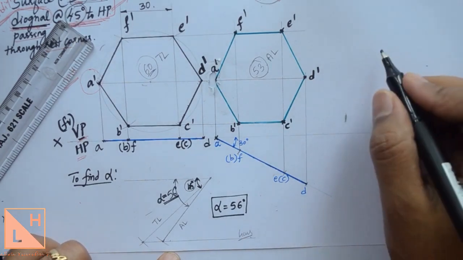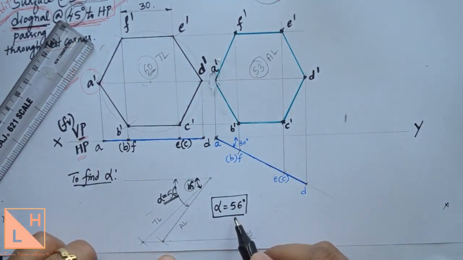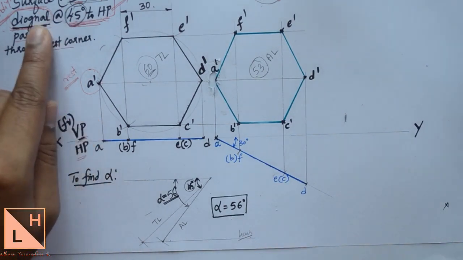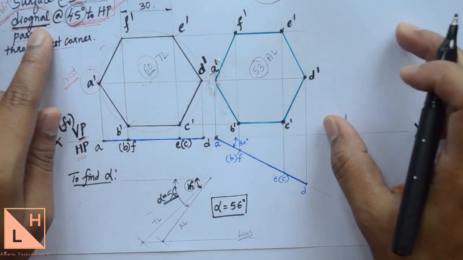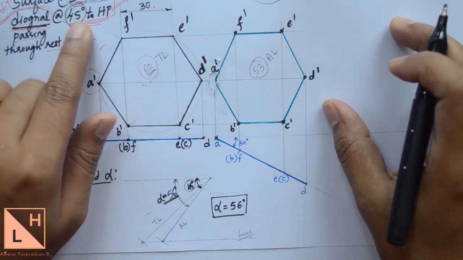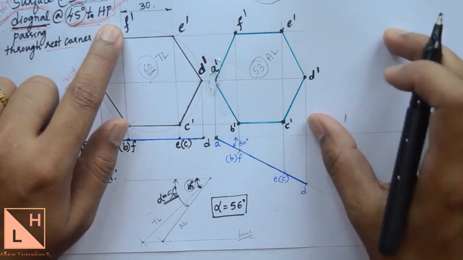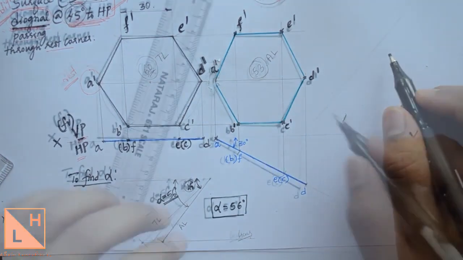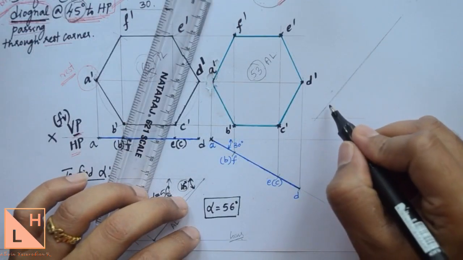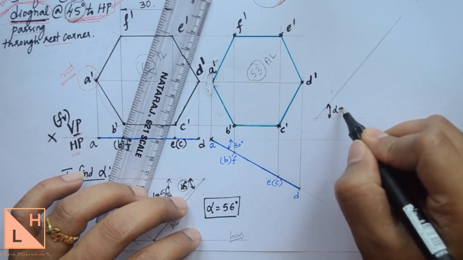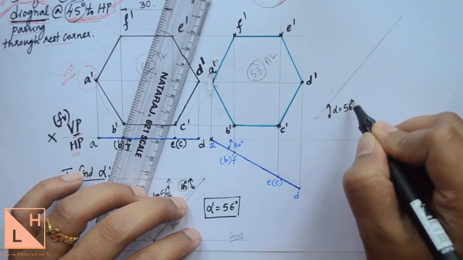So here you just first need to draw an apparent angle of 56 degrees. What is the thing that is inclined here is diagonal. So this diagonal has to be inclined at 56 degrees in this third position. Why we are doing it in VP? Because the angle is given with respect to HP, so you need to project it in VP. Draw a 56 degree line here first. So I have drawn a line here. Use a thin line and generate a line at an angle of alpha that is equal to 56 degrees.